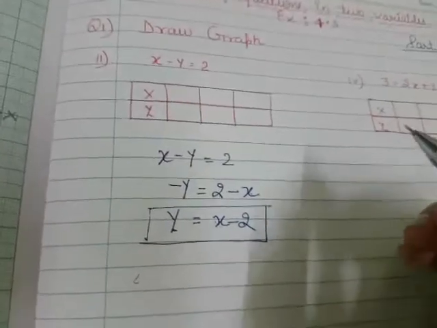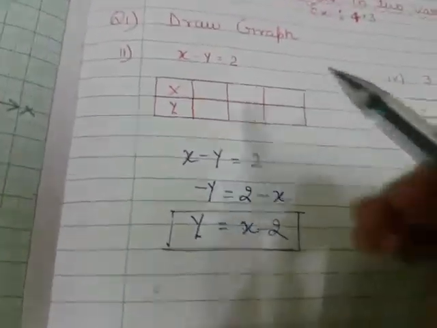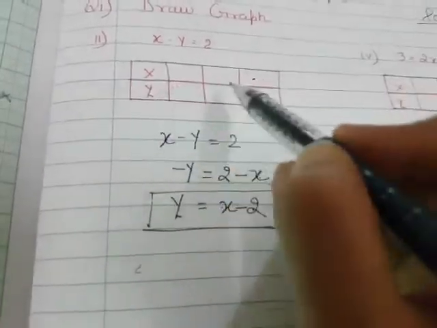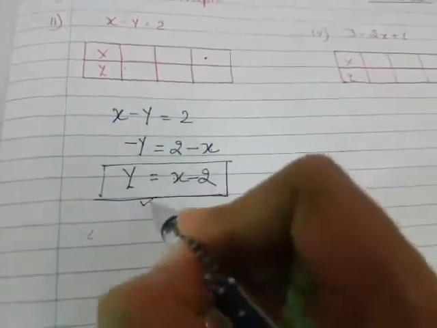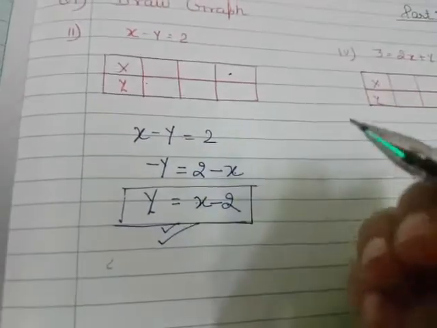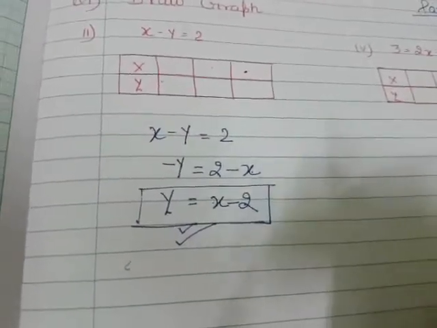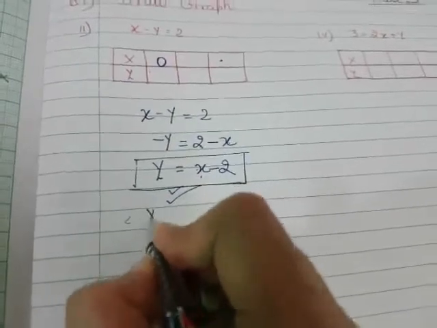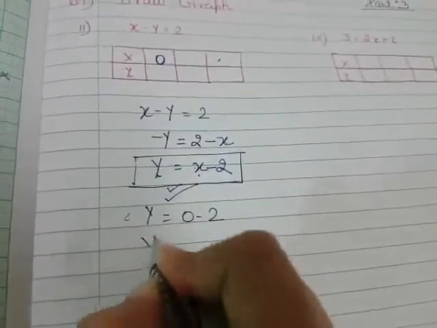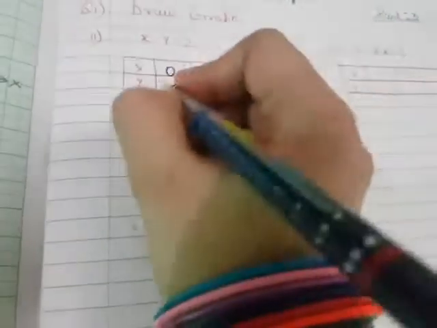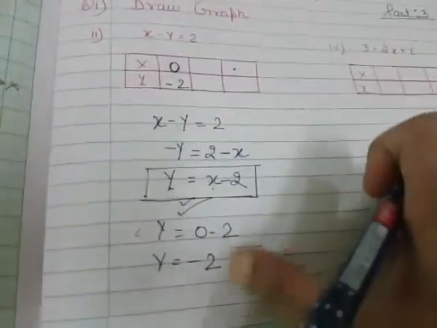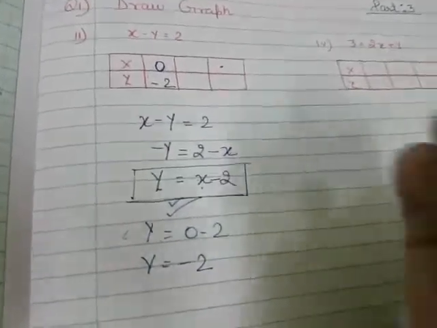Fine. The x value we have to take ourselves. After taking the values of x, the y value we will get by this equation. Fine. So whichever x value is coming to my mind, I will take that. So first I am taking the x value as 0. If I take x as 0, the y value will be minus 2, like this. Now I am doing it directly, not writing out the solution like this. If you want, you can write out the solutions.